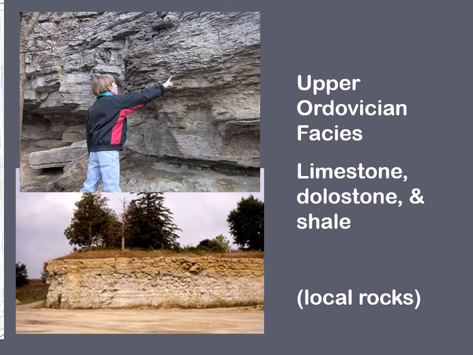A lot of our other upper Ordovician facies, though, a lot of our local rocks, include carbonates like limestones and dolostones and shales. Again, all things that we would see as the Tippecanoe sequence. Our next major sequence is starting to transgress. So we have the Sauk C, which is a transgression. It hits a maximum, and then we drop with a regression in the middle Ordovician. Then throughout the rest of the Ordovician going into the Silurian, we have the Tippecanoe sequence, our second major rise in Phanerozoic sea levels.